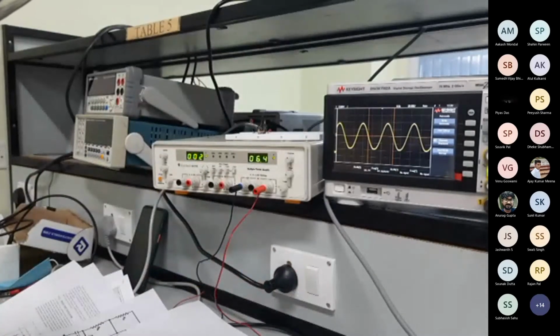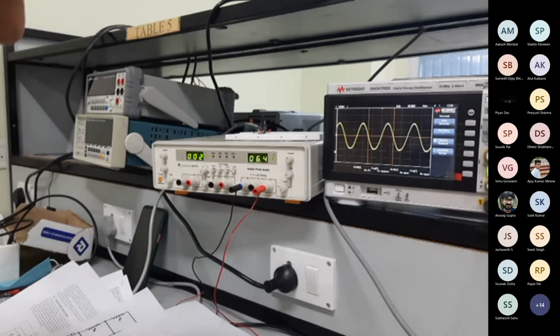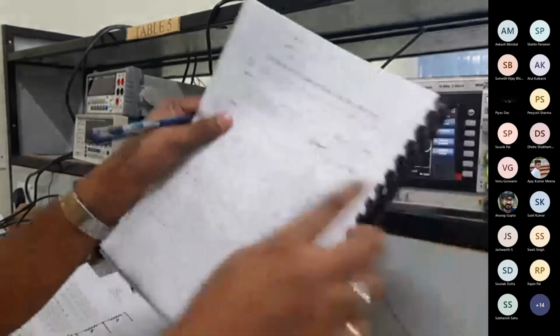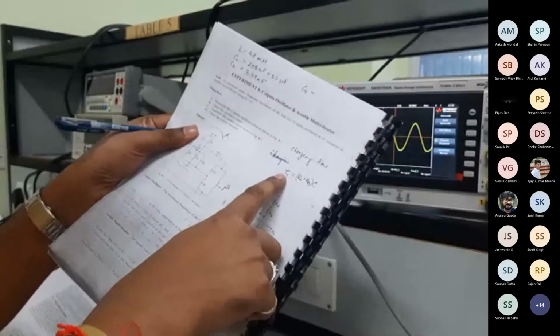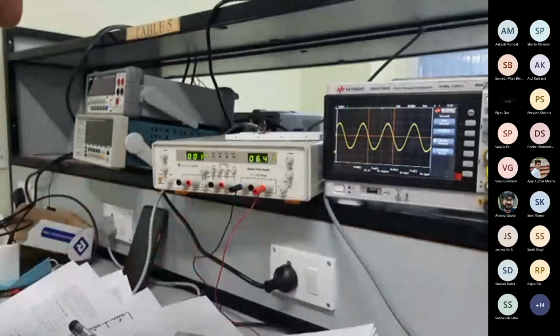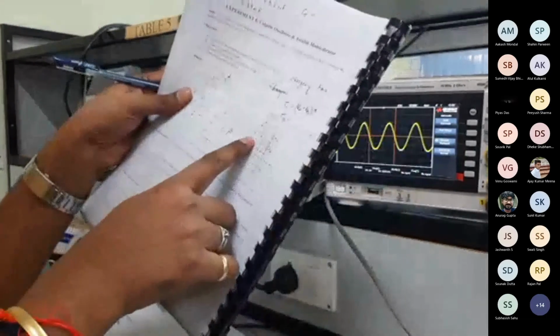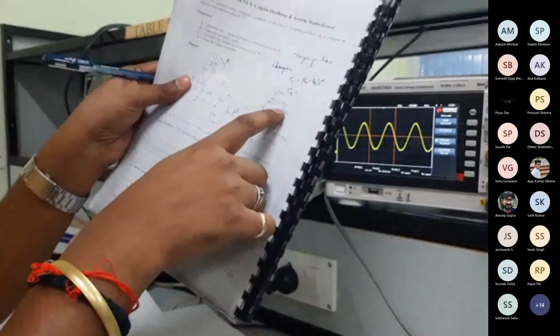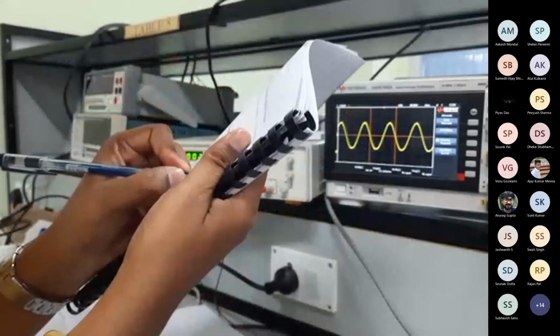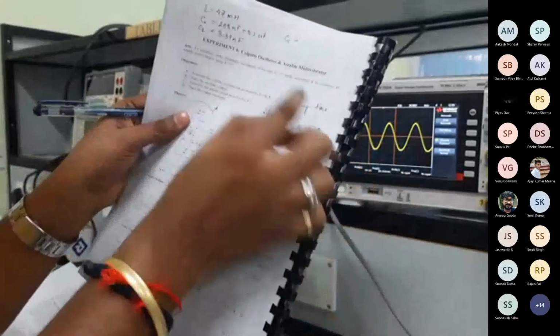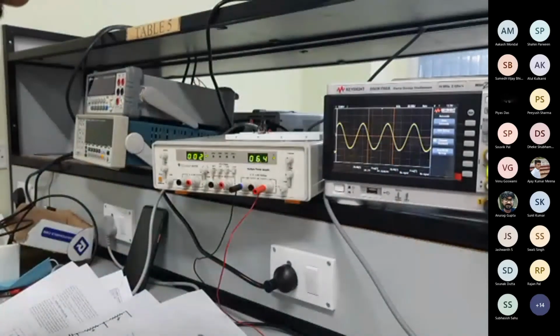So charging time, tau C will be Ra plus Rb into C. Tau C is the time constant for the charging of the capacitor, and for discharging, tau D, it will discharge through only Rb, okay, upper comparator, not through Ra. So Rb into C. So this will be the total time period, and so tau will become tau C plus tau D.